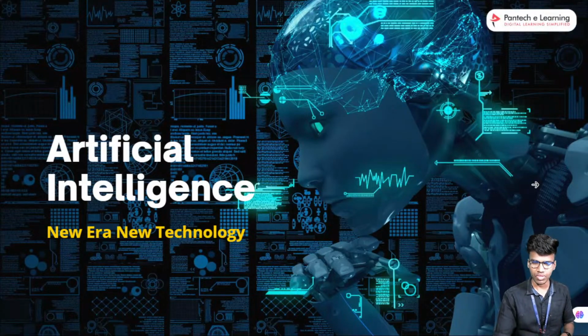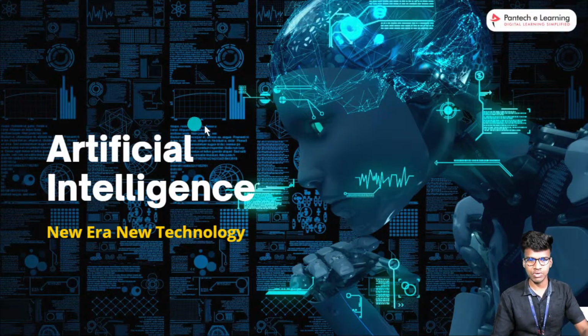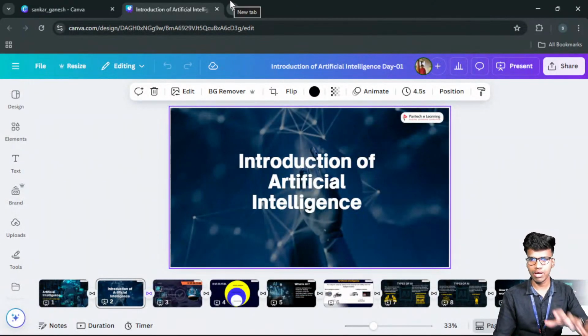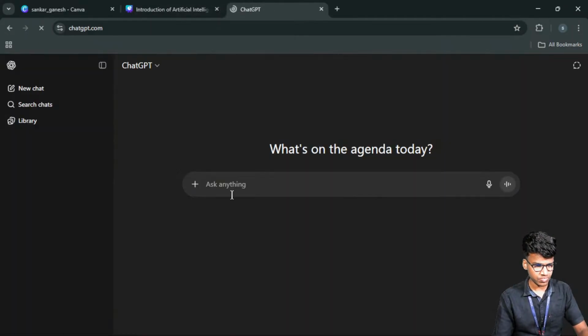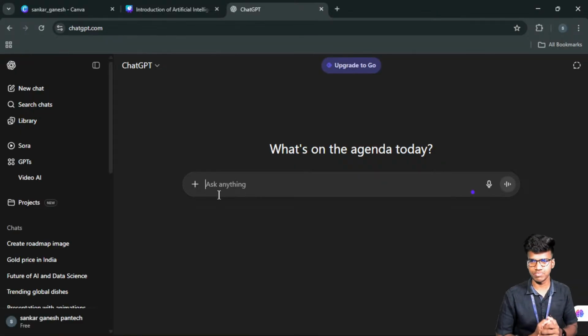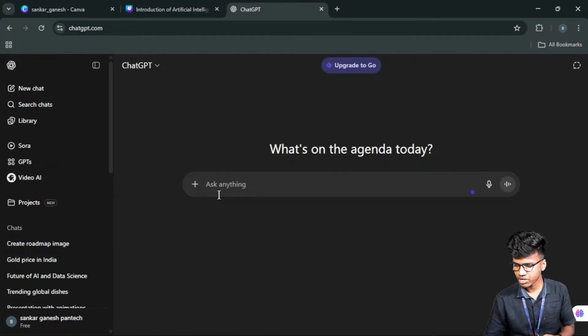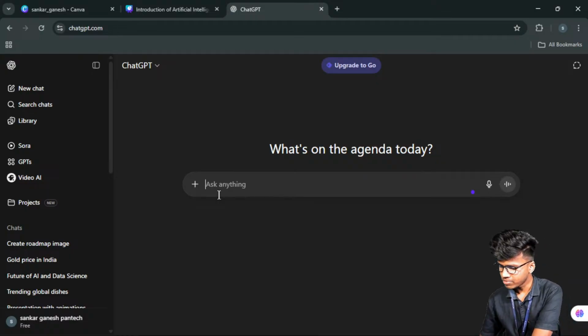Before going further, I will show an example. Just now I explained the theoretical, oral way, so I will show the example. Now I go with ChatGPT. Most people already use it, and the college students also already know how to use ChatGPT and AI models.